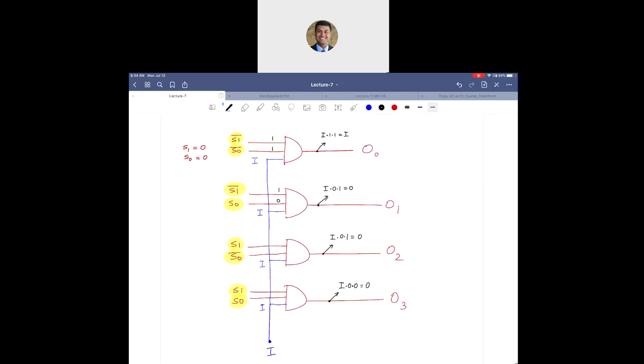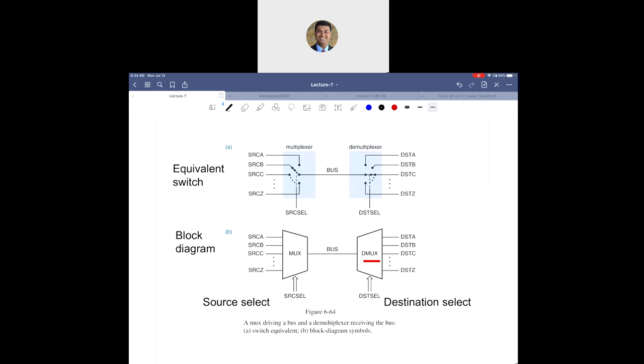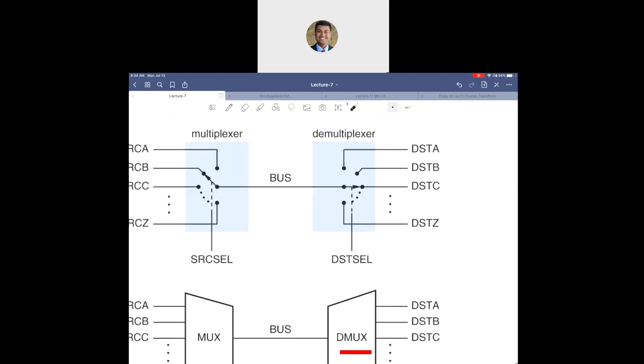All right. So that was the discussion on demux. Let us move ahead and take a look at some block diagrams or symbols. The top ones are equivalent switch block diagrams. So on the left you have a multiplexer, on the right you have a demultiplexer. So as you can see here, the first diagram or even the second diagram, we are showing how we could take